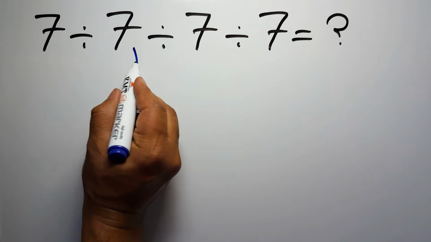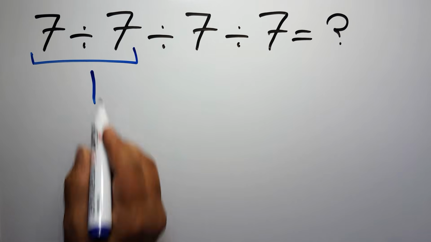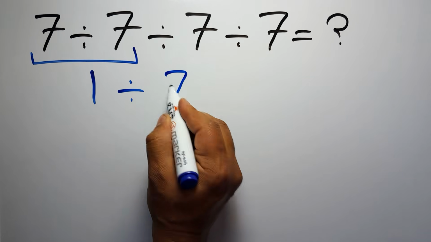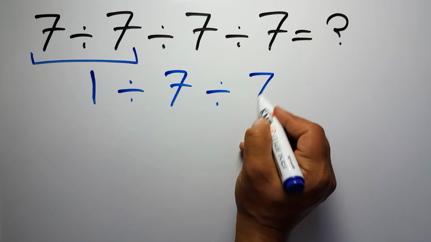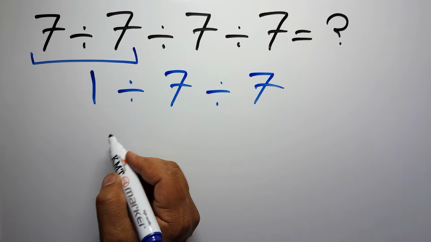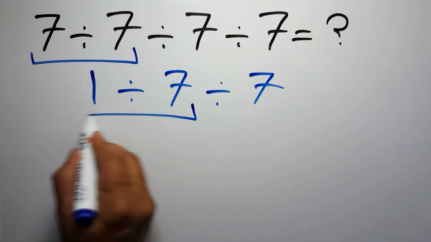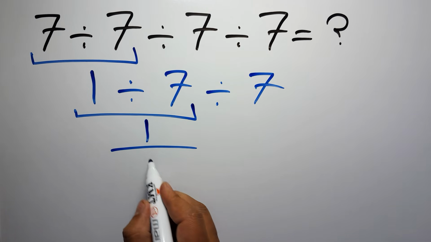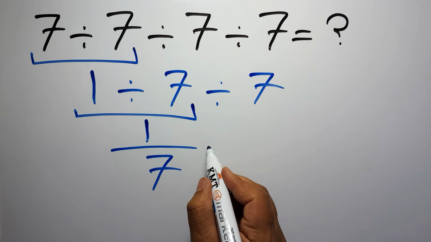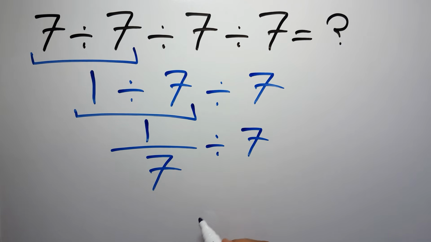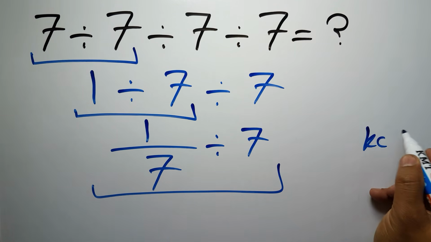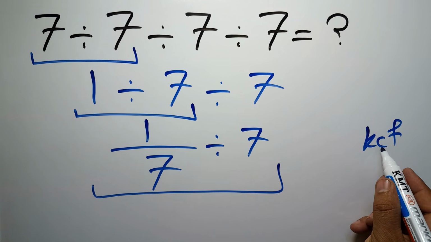7 divided by 7 gives us 1. So 1 divided by 7 and again divided by 7. Now we have to do this division. 1 divided by 7 can be written as 1 over 7. Then divided by 7. Now, according to the KCF rule, K stands for keep, C stands for change, and F